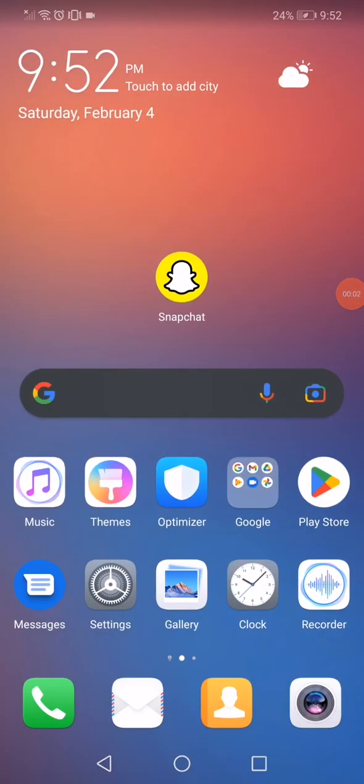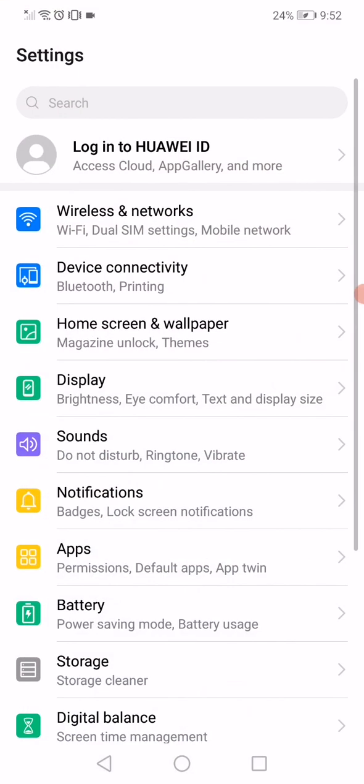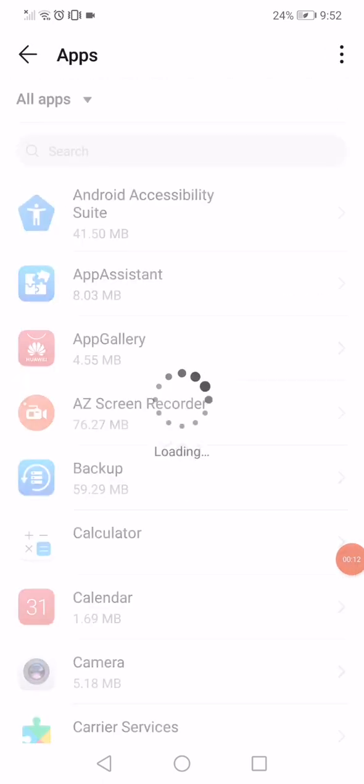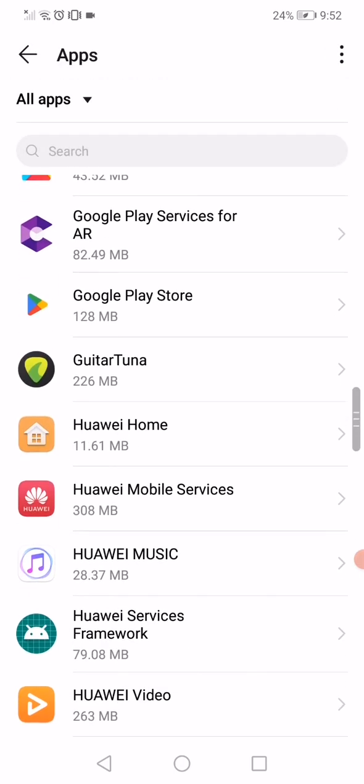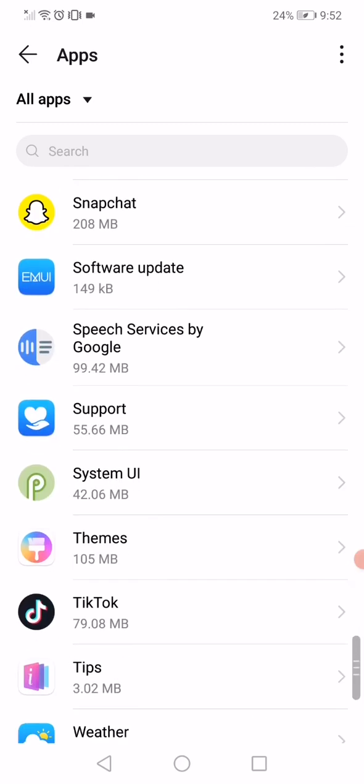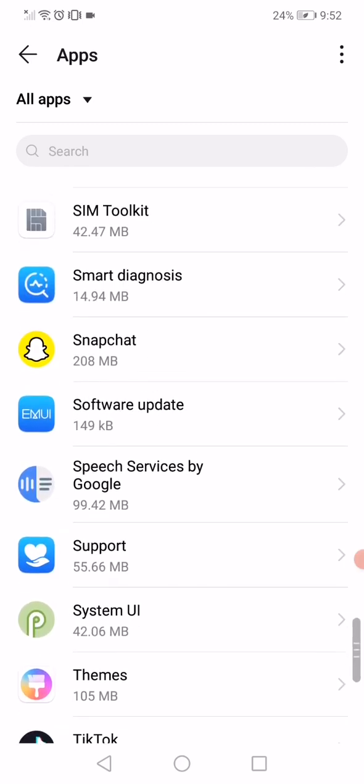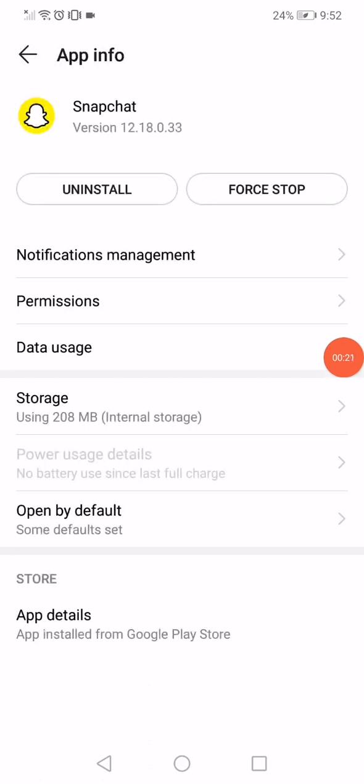How to fix Snapchat memories. First thing, guys, go to the settings on your phone and then go to the apps manager, and now scroll until you find Snapchat and click on it like this. Click on this four dots here